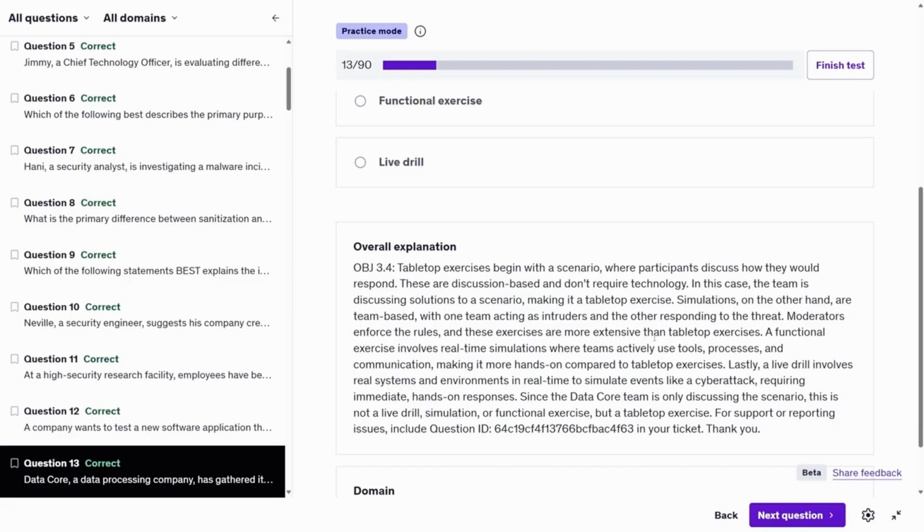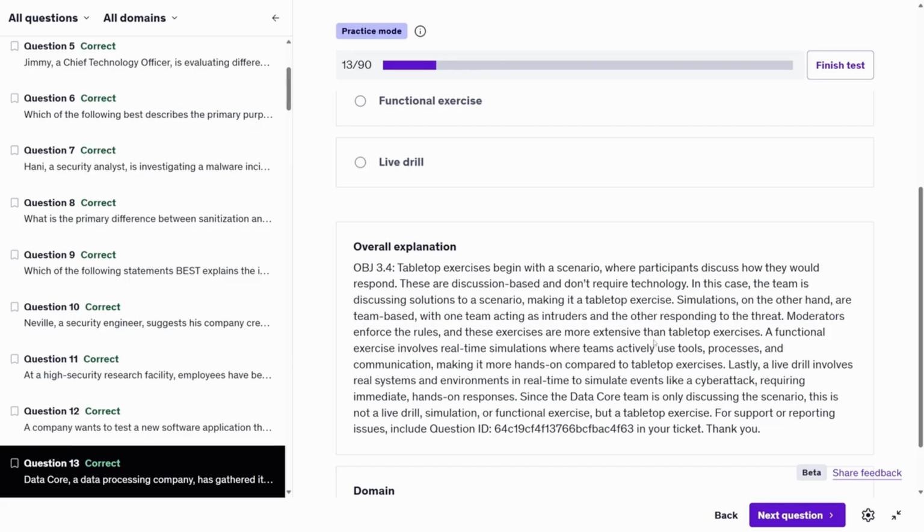A functional exercise involves real-time simulations where teams actively use tools, processes, and communication, making it more hands-on compared to tabletop exercises. Lastly, a live drill involves real systems and environments in real time to simulate events like a cyber attack, requiring immediate hands-on responses. Since the DataCore team is only discussing the scenario, this is not a live drill, simulation, or functional exercise, but